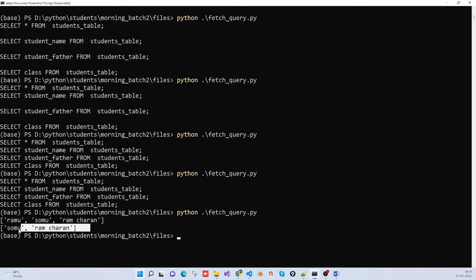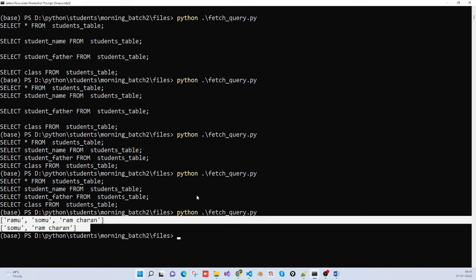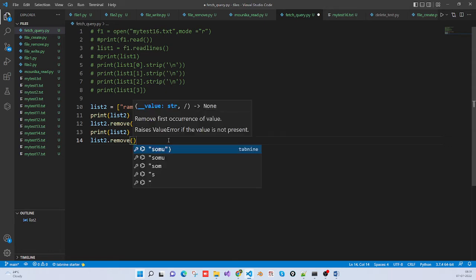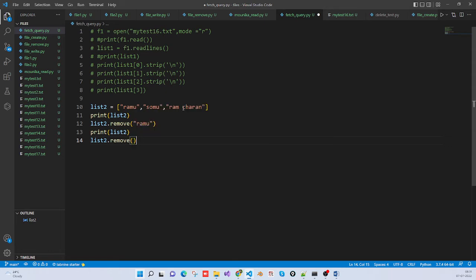It removed a particular string or element from the list. Here, list two dot remove: I want only Charan from Ram Charan. So if I am giving Charan like this,